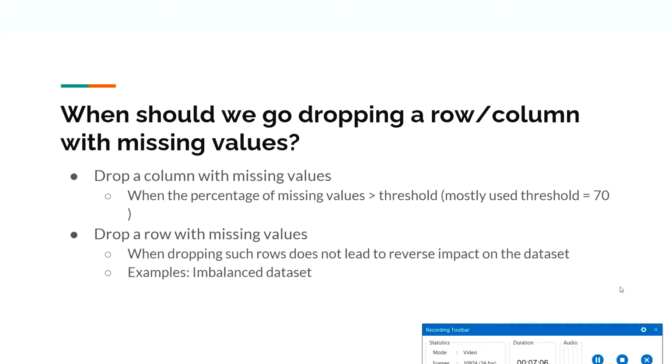Now, coming to seeing the missing values across the row, or row wise, or horizontally. Well, what you can do here, let us take another scenario. For example, let us say you have a data set where you have 100 records, and out of those 100 records, you have 5 records or 5 rows where you have 1 or 2 or a few missing values across columns. Now, my question to you: what should you do in this case?